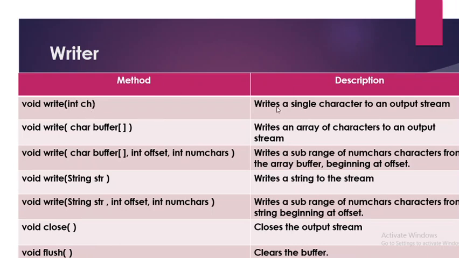What does it mean? It writes a single character to an output stream. Writing a single character to the output stream is the use of this write method, even though we are writing a character but the argument is an integer. What it means is the integer equivalent of that character we are going to write into our output stream. Clear? Okay. Next, write in bracket. Yes, a very important thing: all these methods, whatever we have seen with the Reader class methods or the Writer class methods, these are all instance methods.